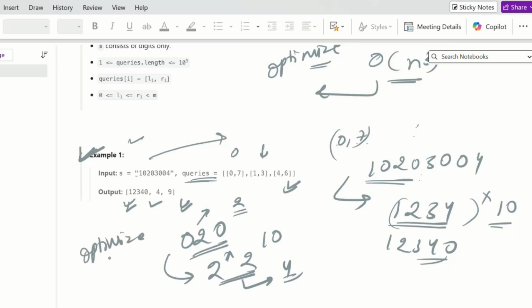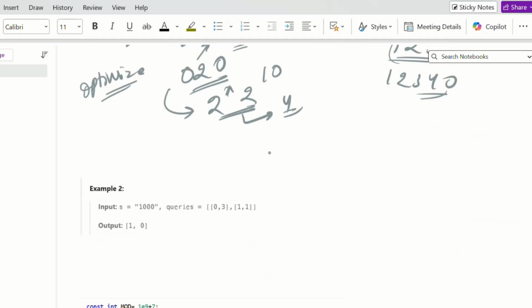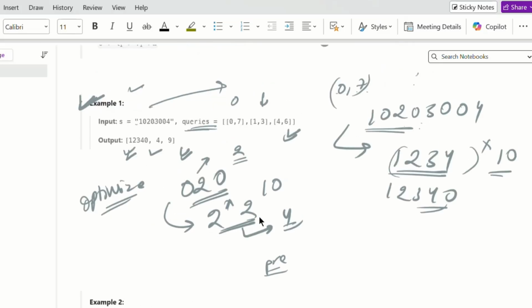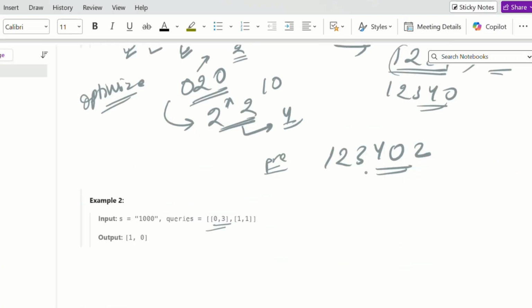To optimize this, we need to pre-compute values. First we need to pre-compute all the prefix values. Suppose I have been given a string, say 1 2 3 4 0 2, and I need to get the value from here to here. How can I get it?